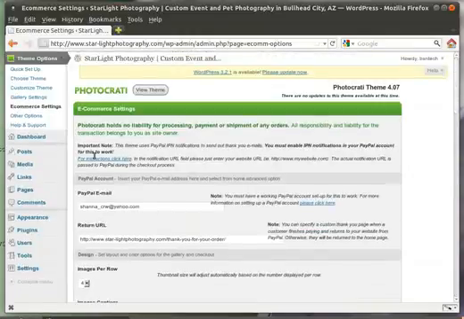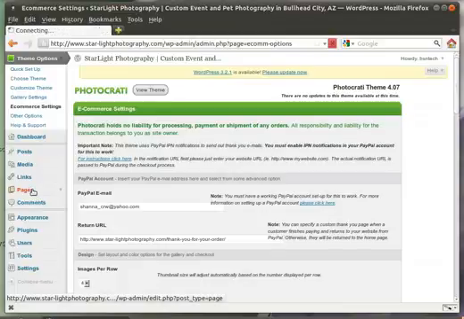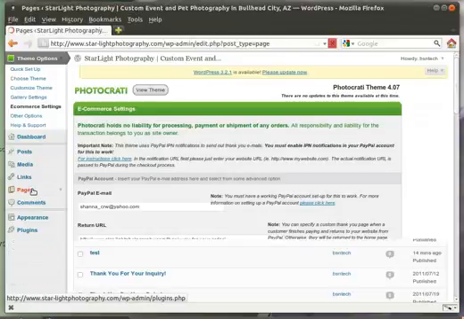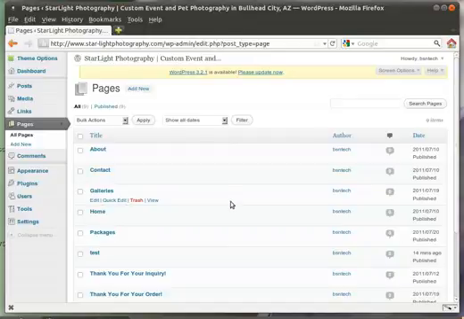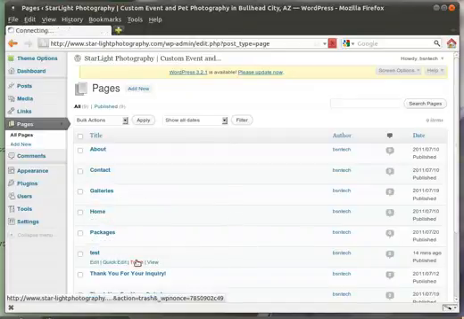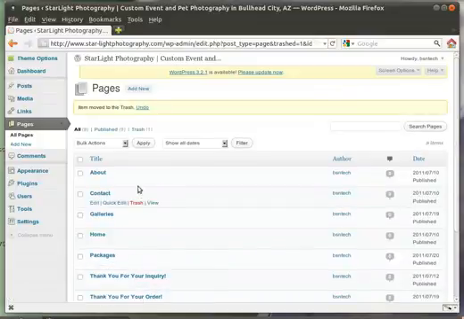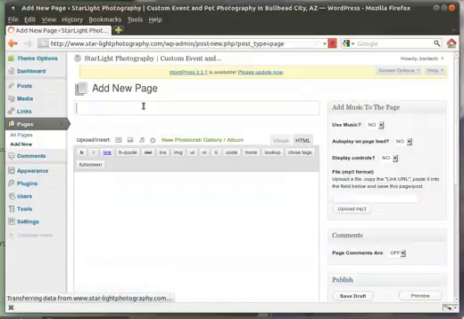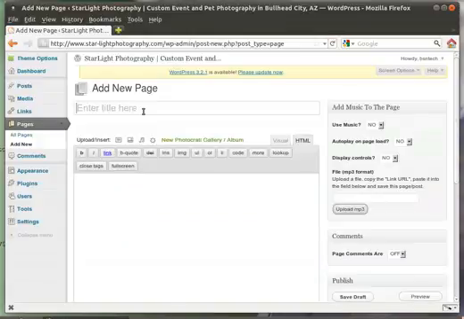Now let's go ahead and create a page and a gallery. So you'll click on pages over here on the left hand side, and then this will show you all the pages. Now I made one previously called test, so I'm going to go ahead and get rid of that, and then we'll start fresh. So let's go ahead and add a new page. Now for the page title, you will want to name this something for your customers. So if I'm doing a wedding for the Smith family, then I may say Smith Wedding, and I'll give that